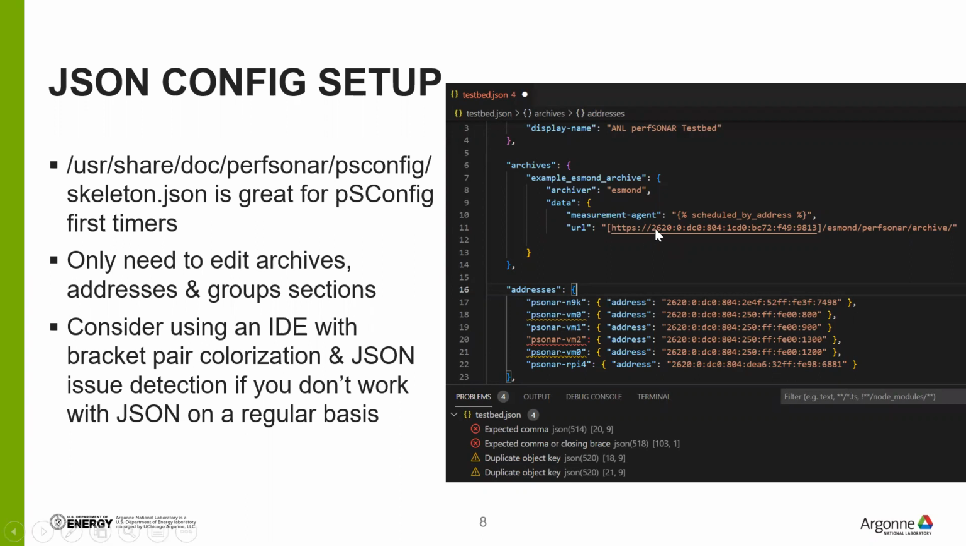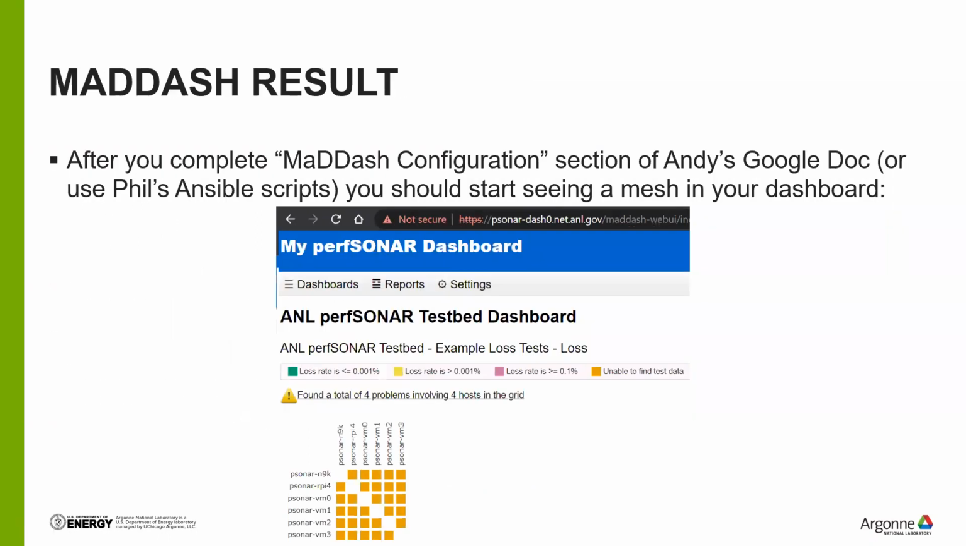So just something to keep in mind: I spent quite a few hours troubleshooting a lot of tiny issues that would have been pointed out much faster had I been using an IDE earlier on in the process. So once you get all of your JSON config straightened out and the perfsonar central management package gets installed